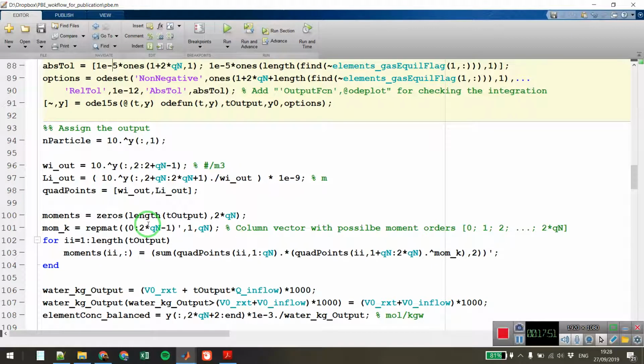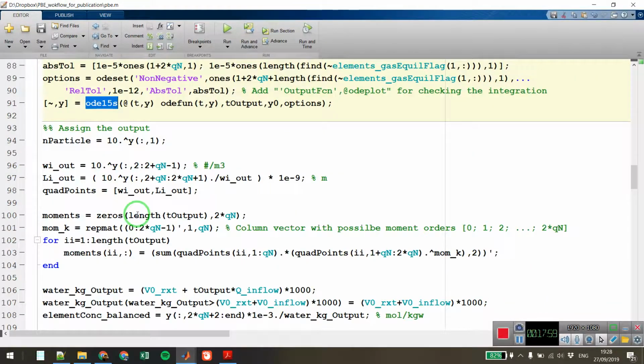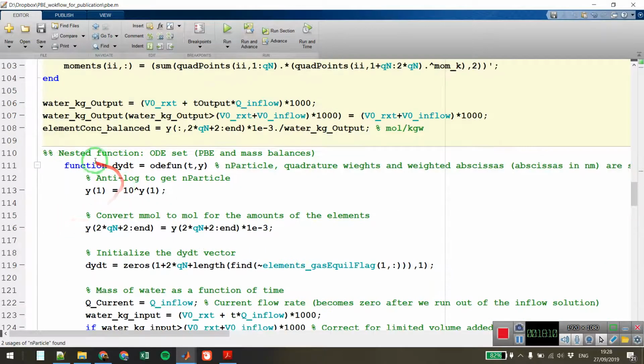Then we run the ODE integration function, ODE15S, because we have a stiff set of ODEs. I will go over this in a bit, but once the integration is done, we assign the outputs pretty much straightforwardly. Then we have this nested function, ODE function, which is basically calculating the dy over dt for different dependent